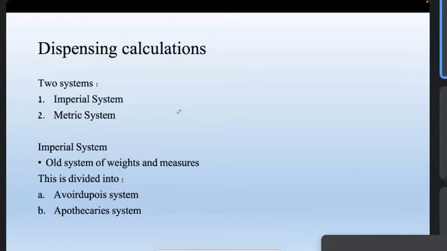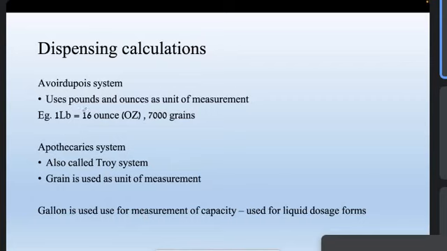So imperial system is the old system of weights and measures. That's again divided into two: Avoirdupois system and apothecary system. So these were questions which were asked, I think, in the year 2002 or something, about these systems. So that's why I've mentioned it here. So Avoirdupois system,